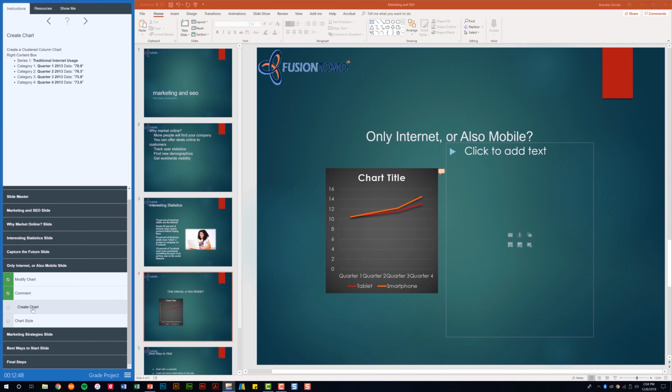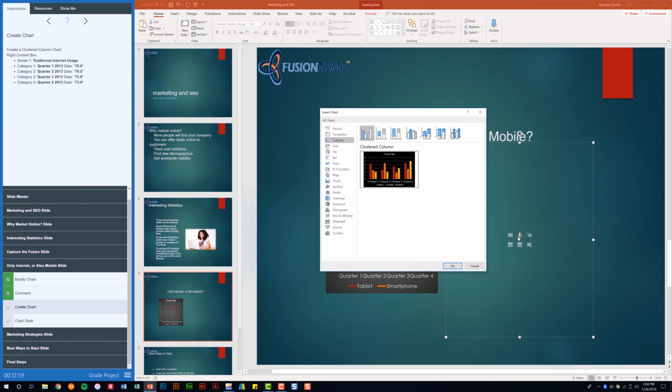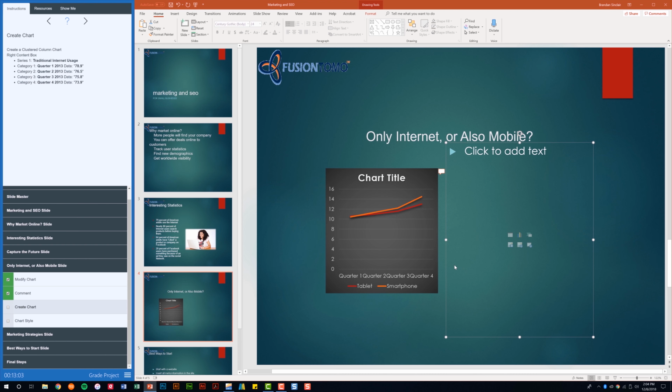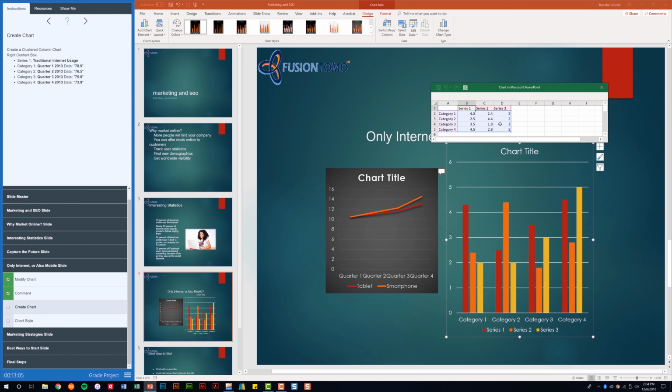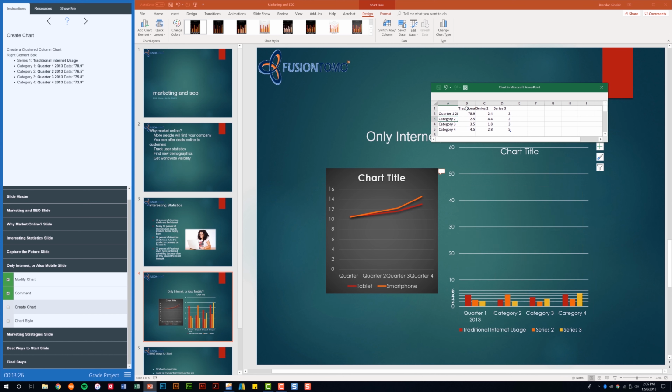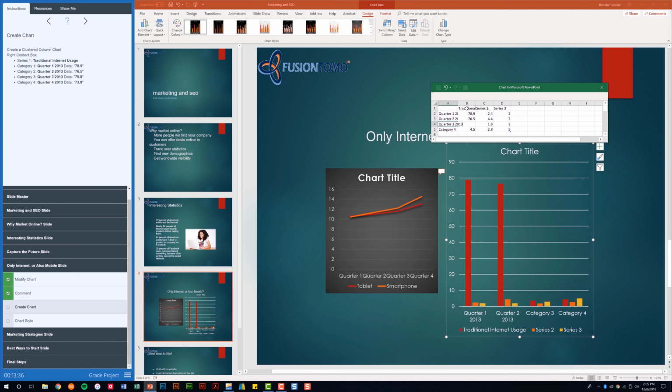It tells us to go ahead and create a clustered column chart in the right content box. With our cursor here in this box, in this section, we can go ahead and select this chart icon. It tells us clustered column, so we're good here. We'll click OK. And then what we'll do is we'll go ahead and in this section begin building the chart. Once we're done keying in all that information,